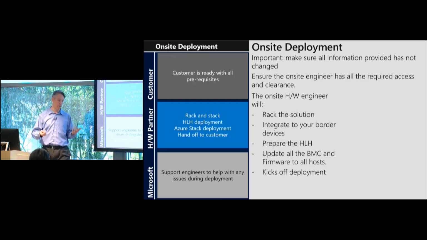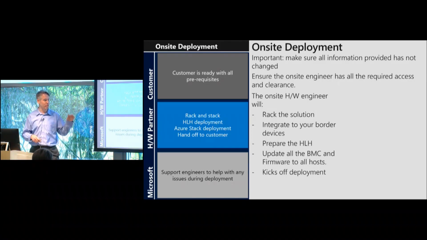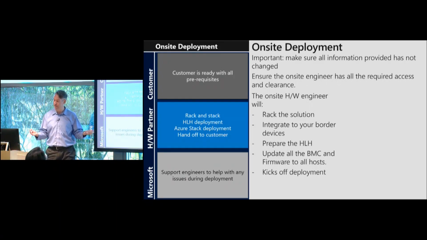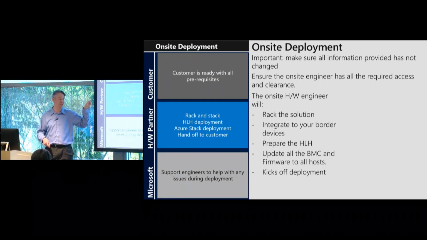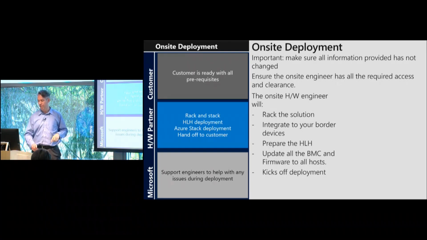Once the equipment shows up, it will be racked, or the rack will be rolled in. Normally it comes pre-racked, but there are some options to buy an Azure Stack and fit it into an existing rack. That's OEM specific. You'll connect up to the border devices, so to the routing infrastructure inside the environment. We'll prepare the hardware lifecycle host, so that's that extra bonus small server that's sitting in the rack on almost all the vendors' deployments. And there's like a lights on check, so it's making sure that the